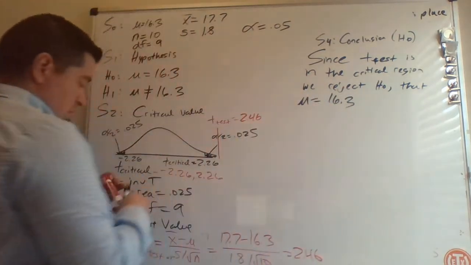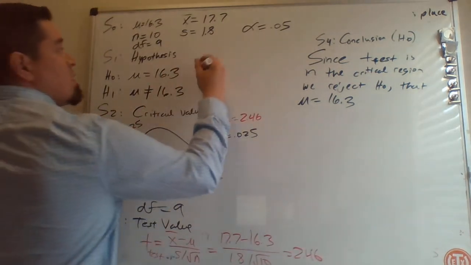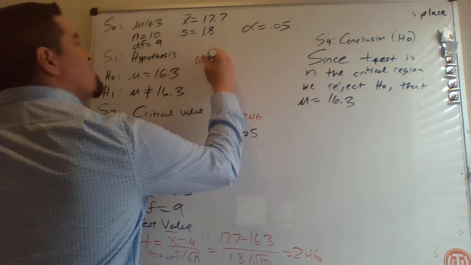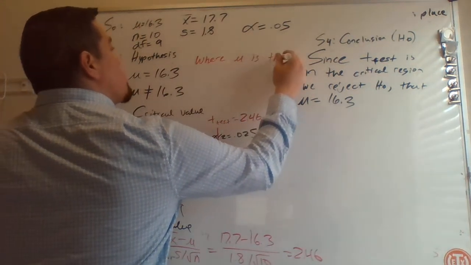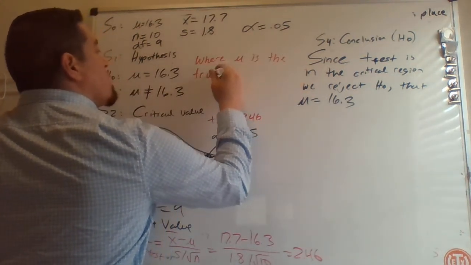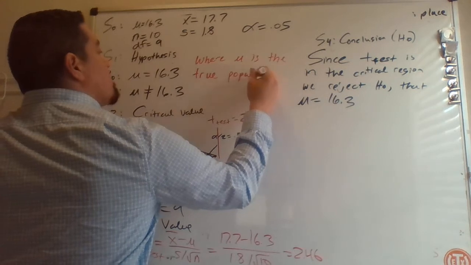Okay, and then of course I gotta, okay, it's okay if you forget stuff as long as you remember to go back and put it in, where mu is the true population